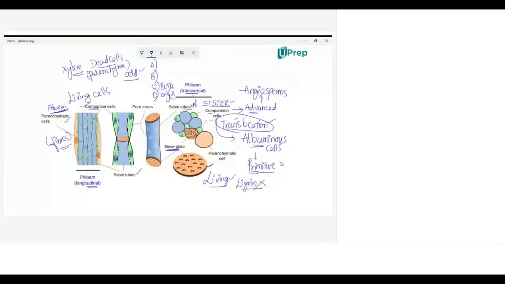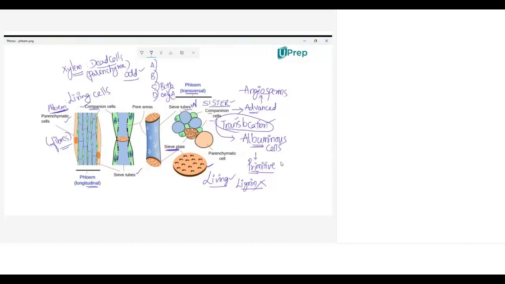So in this way, a question can be framed also. They may give a list of living cells and dead cells, and they may ask you to find out the odd one. So among the living cells, one dead cell may be given, or among the dead cells, one living cell may be given. Okay. So when you talk about phloem, the companion cells, the phloem parenchyma, the sieve tube elements, all